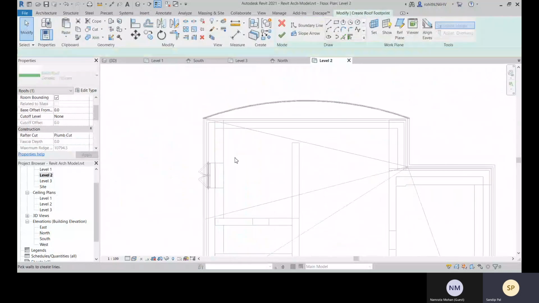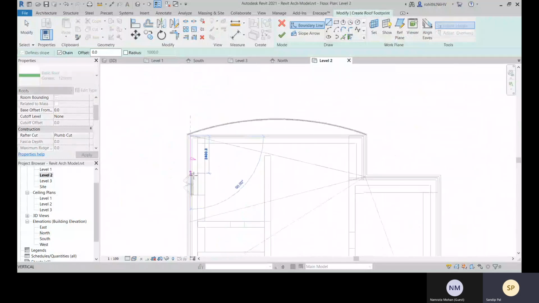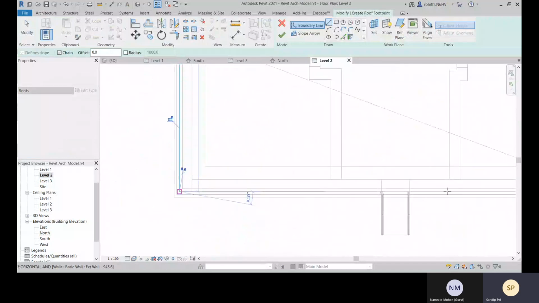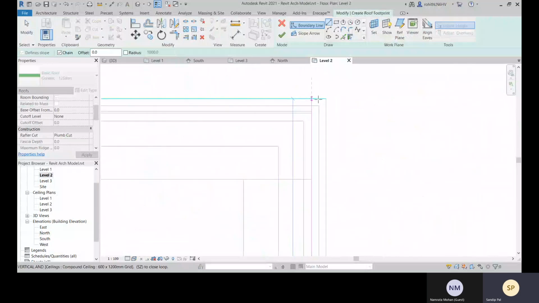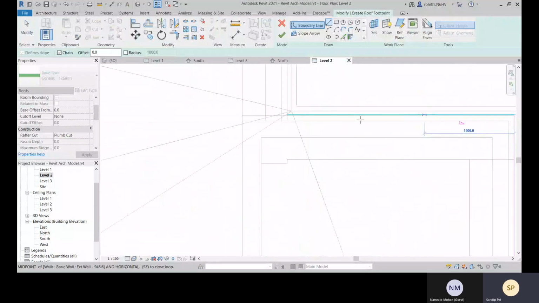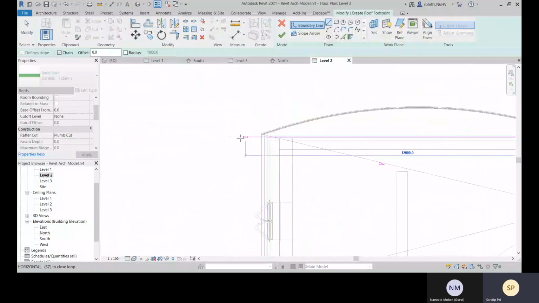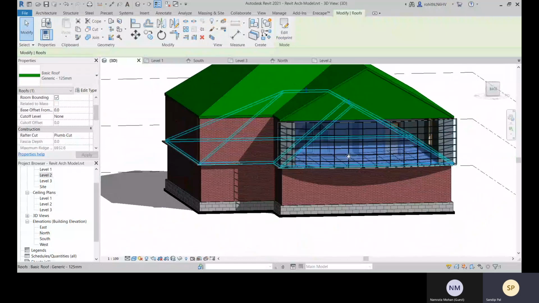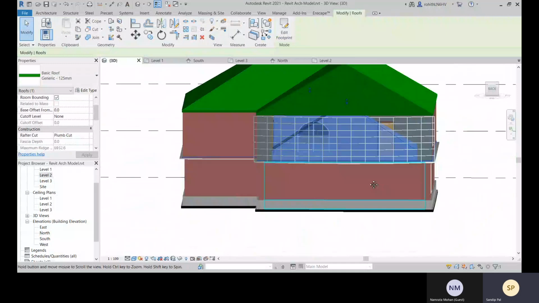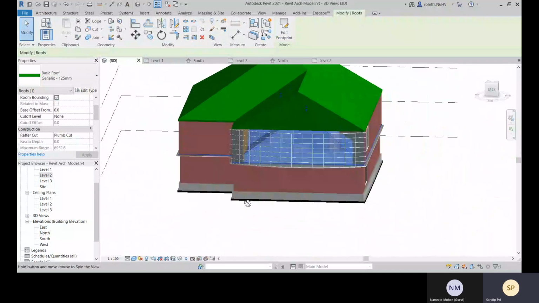Come to roof by footprint, and let's create it. Okay, let me check. So this one is created right now.